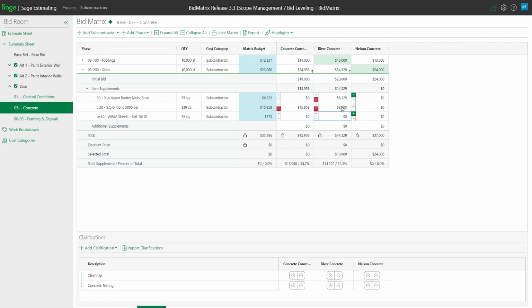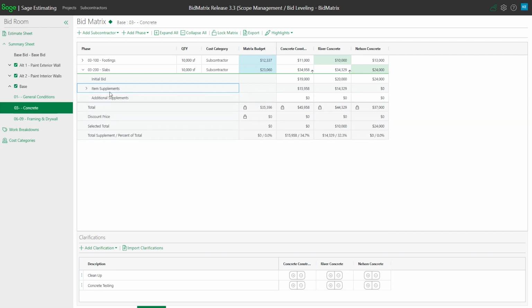Very nice over just the little window that we used to have and so forth that just let me check a box of whether that was included or not included. Now I get a very nice visibility of what's in there and the ability to really flag whether that's included in the scope or not included in the scope and things of that nature. And there again, I could still kind of roll it up if I don't want to see the details.